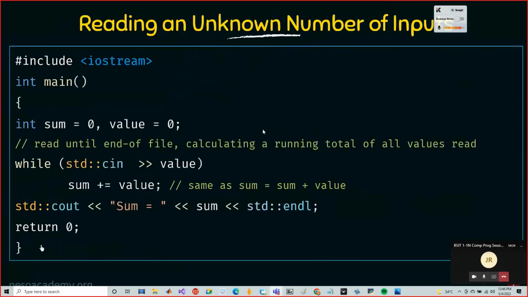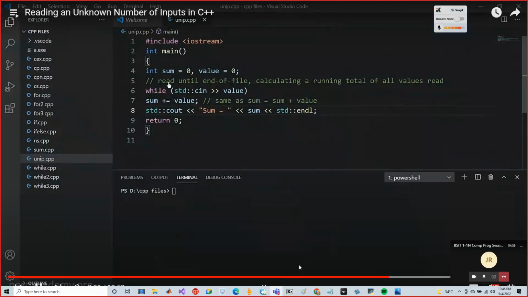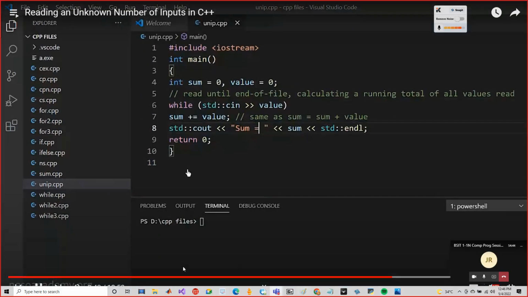Alright, so coming back to our program, we will take this program and run it in our Visual Studio Code to see if it is working properly and if it is able to read an unknown number of inputs and add them together correctly or not. So we come to our Visual Studio Code, and here I have that same program written down. Now we are going to compile this program. The name of our file is unip.cpp. So let me compile it using the